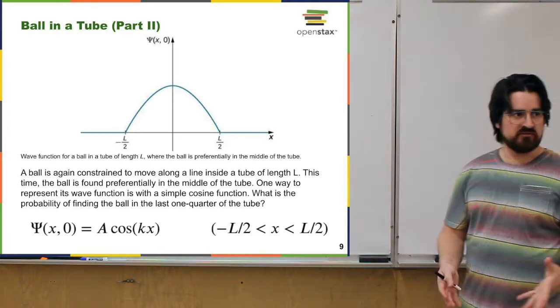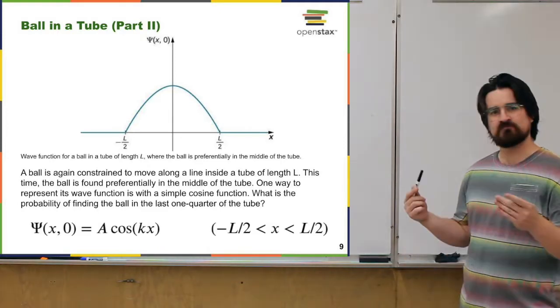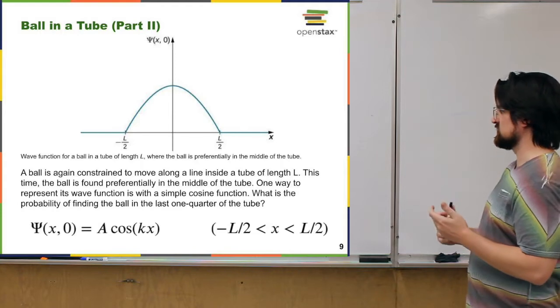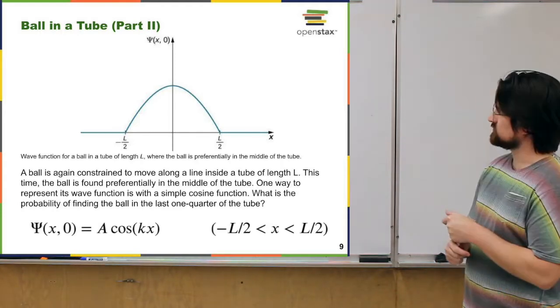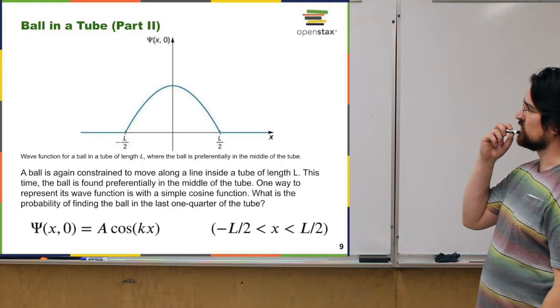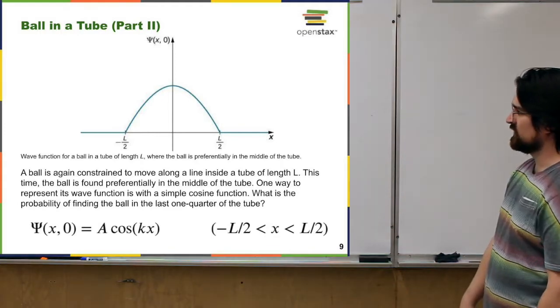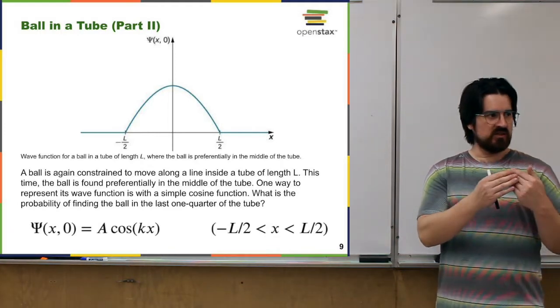Like I said, it's confusing when you first see this stuff. The only way to really get better is to see more of it, to do more of it. So we're going to do some more. Here's part 2 of the ball in a tube example, where instead of assuming that it's equally likely to find